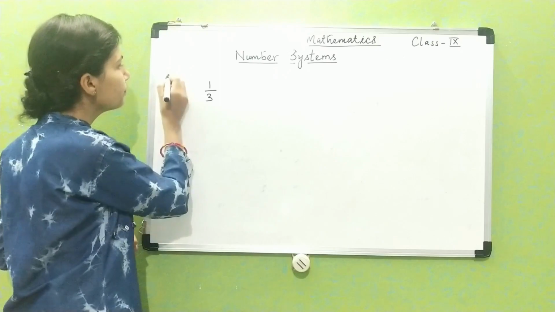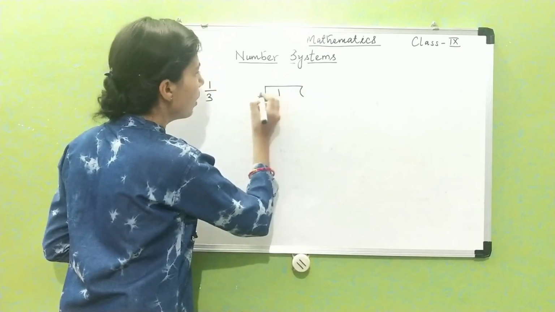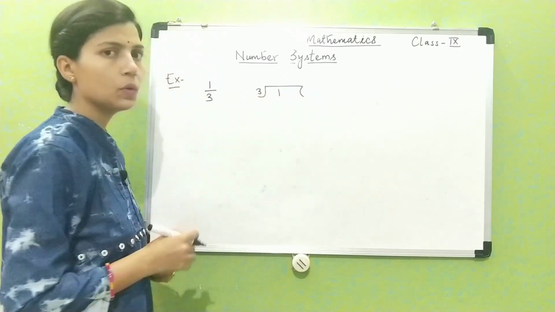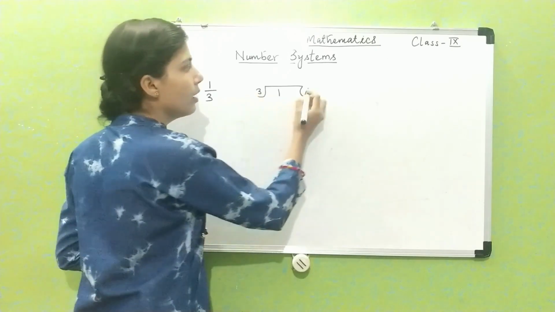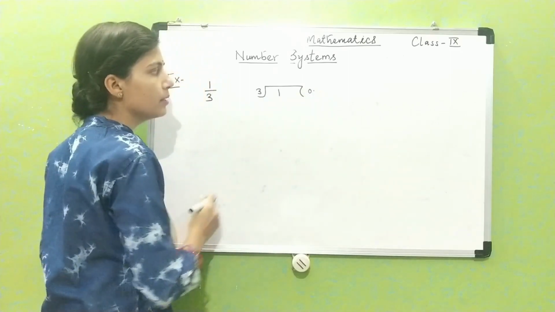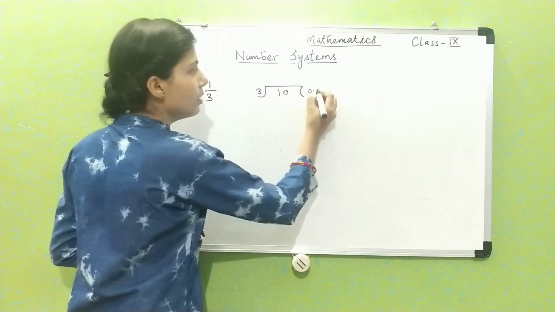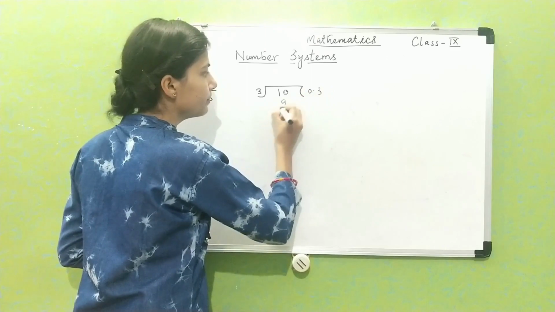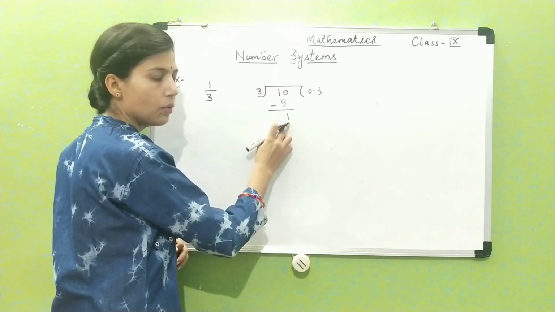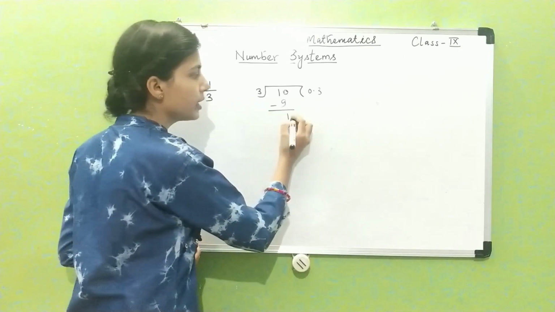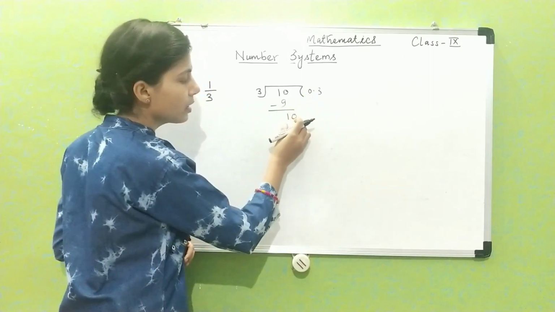Now we will do its division. 1 is divided by 3. Okay, so here 1 is less than 3, so we have to take a decimal point in the quotient. Now we can take here 0. 3 3s are 9. The remainder is 1. Again here 1 is less than the divisor, and we have already taken the decimal point, so we will take 1 0 here, so it has become 10.